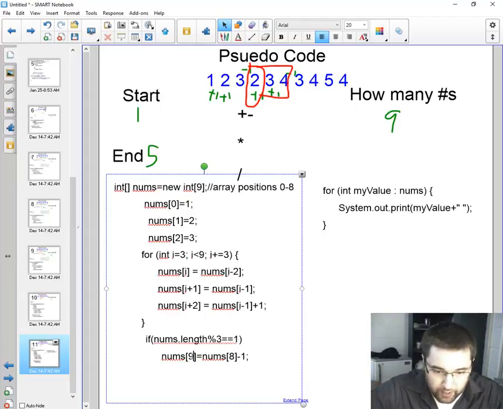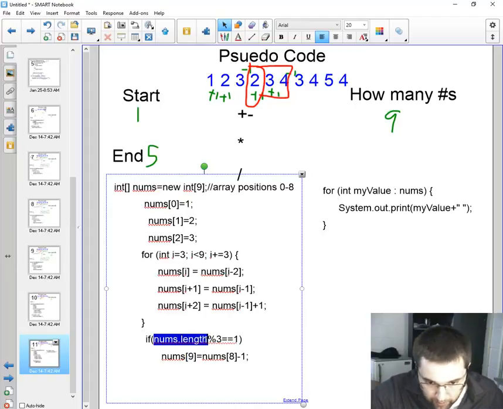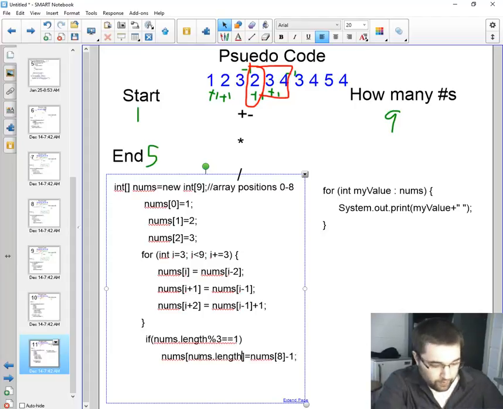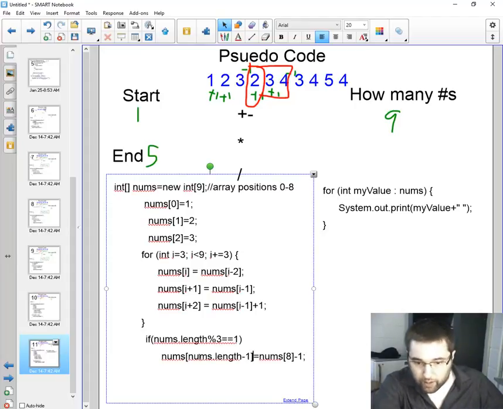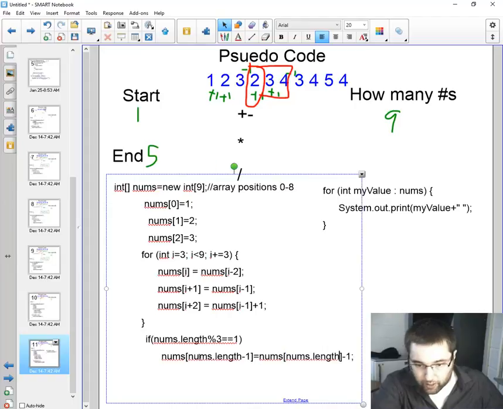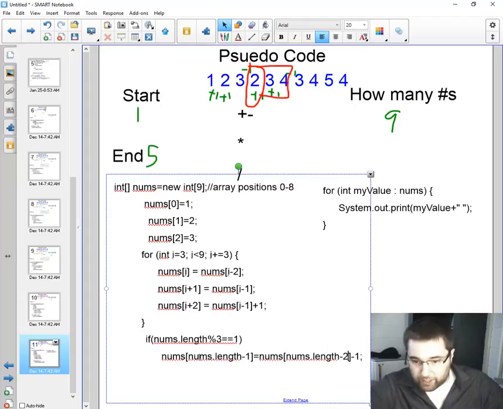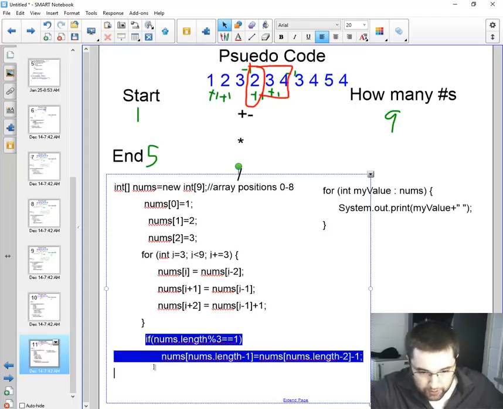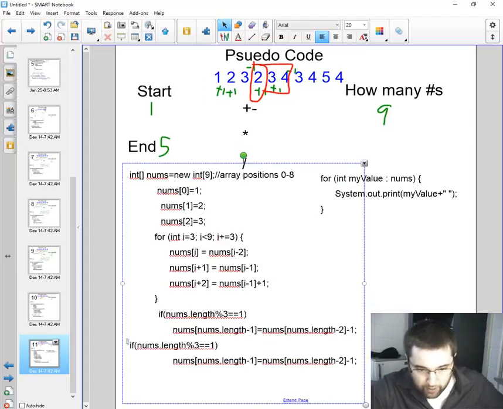So that means I need to take the nums of length, which is 10, minus 1, and then I need to do nums of length minus 2, and then I subtract 1. And I need to do the same exact thing for the other position, which would be